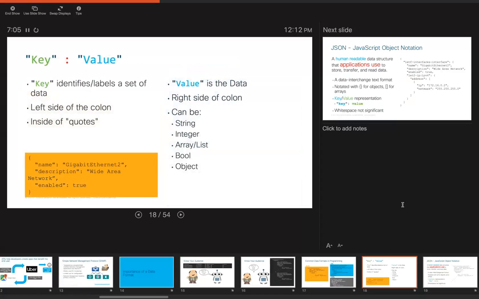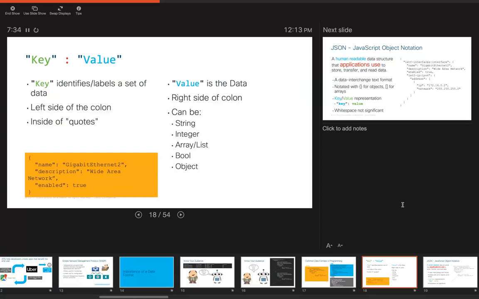And that's based on, again, just some key value pairs, right? So again, we see here that this green text is a key. The key is a unique identifier based on that type of data, and it's going to be on the left side of a colon, especially as we look at some of that JSON code. And on the right is a value, something that is going to be either a string or integer, a list. It can be a Boolean, a true, false. So that's kind of how we want to look at some of these data formats that come back to us.